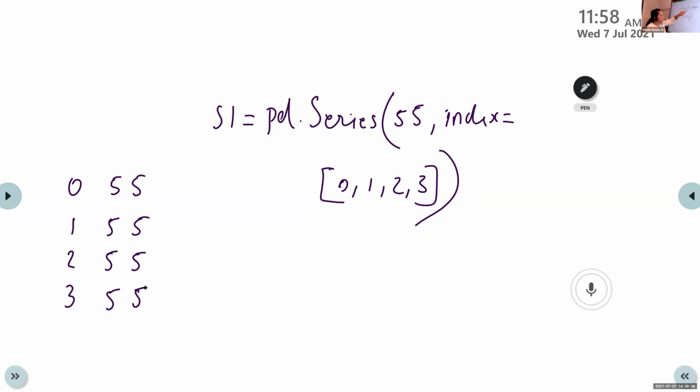Instead of this 55, I want to write one string value. That is our next topic.